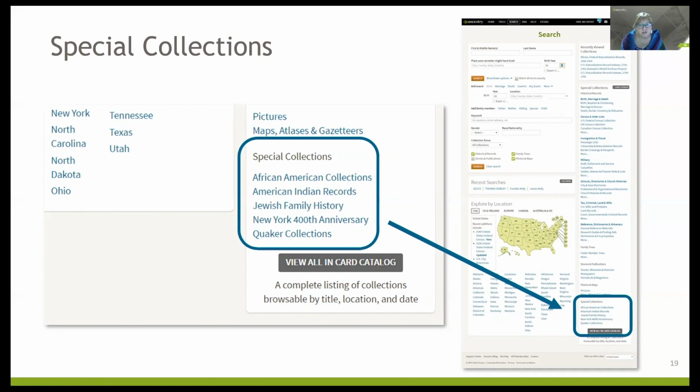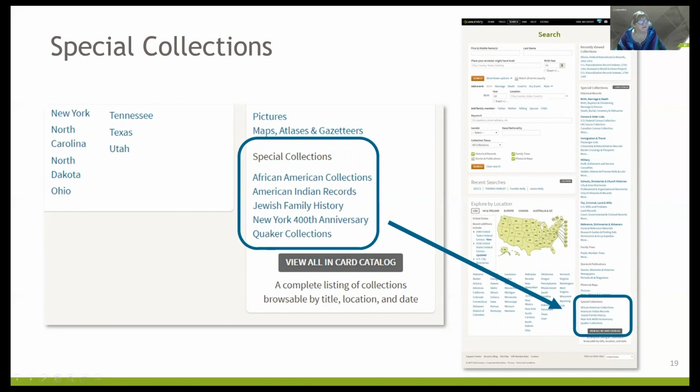But each of these special collections, when you go to the pages, some of them will have a list, a sampling of some of the records that are available. Most of them actually will also have a reference guide, something that's going to help you navigate. For example, for the Jewish family history, I think Gary Mokotoff wrote a little section for us on beginning your Jewish family history research. So we have some similar things for the Quaker collections too. We have a really good guide on their landing page that you can download, and it helps you understand Quaker records.